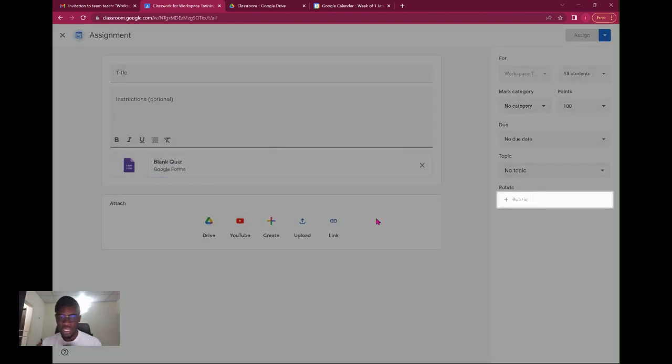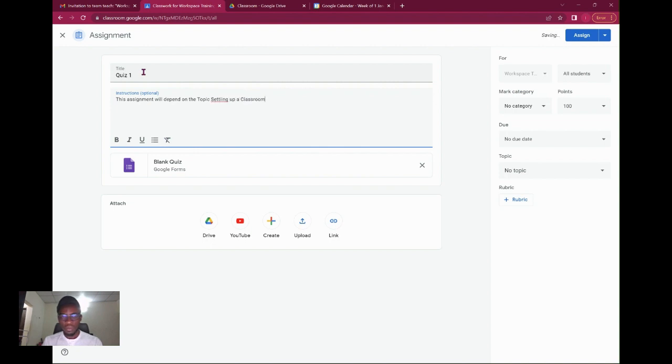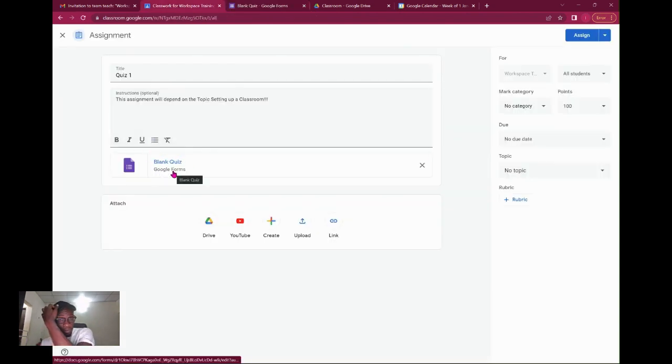Quiz assignments are usually those we use with a form. They could be pre-designed. So let's see, quiz one. This assignment will be about the topic, setting up a classroom. We've already said that we are creating a quiz, so we expect that students should get ready for that. What happens is it automatically creates this Google Form for you, and